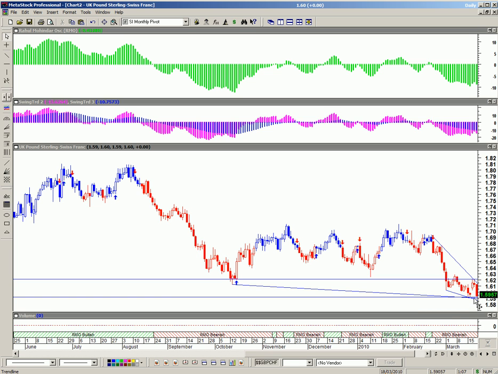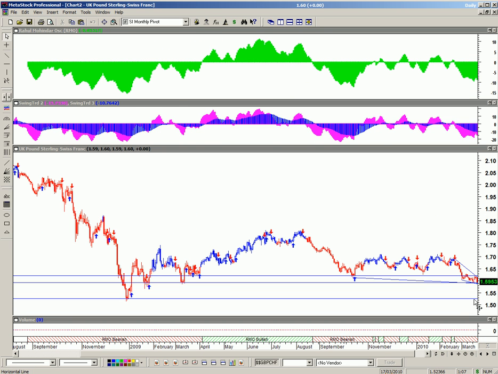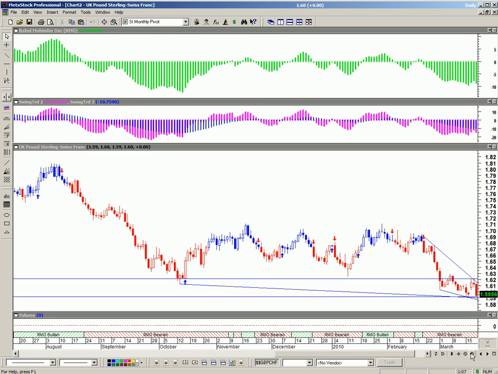If that occurred, then I would have definitely looked at going to our next level of support down here. Okay, so straight away you get a glimpse of how important it is to actually see what it's doing on a daily time frame. If you're doing intraday trading, it's always good to look at what's happening on a daily time